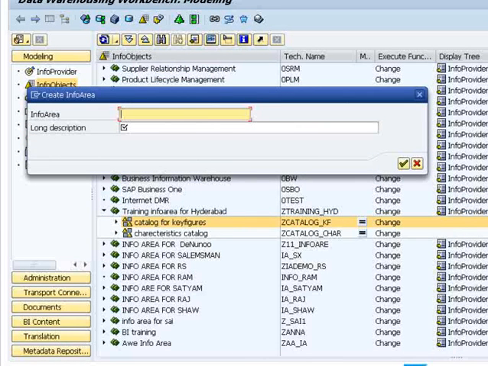So you can give up to 32 characters for the technical name of the info areas, and info areas are used to organize the info objects as well as data targets.